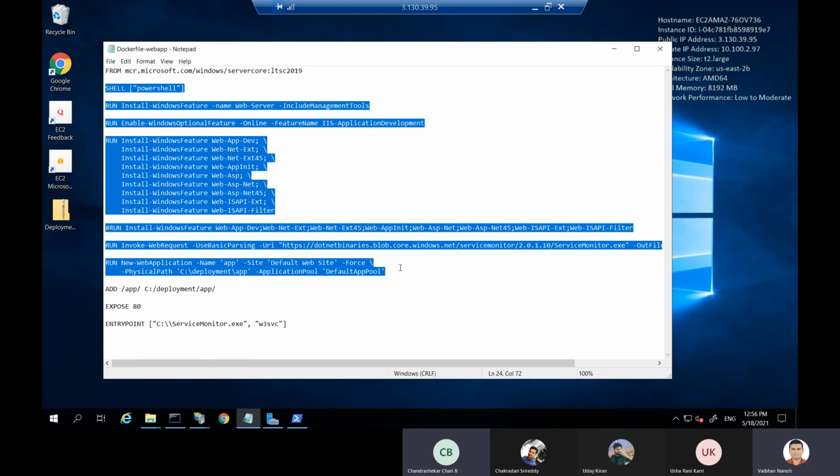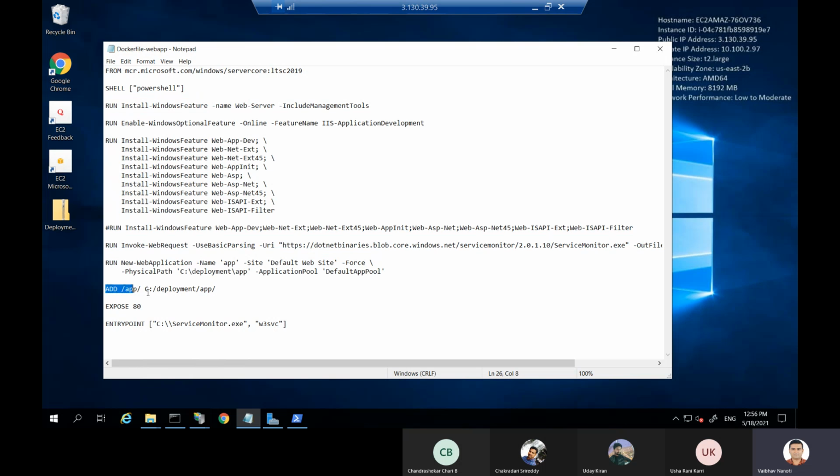Okay. Now my web app application is ready. I only want to copy my entire code to a particular location in such a way that my application is able to be browsed. And this is by default port 80. Generally, we know that it is happening on port number 80. So I just use the port expose as 80.